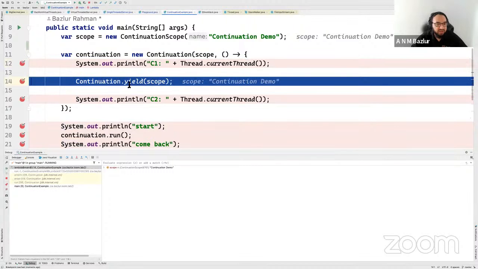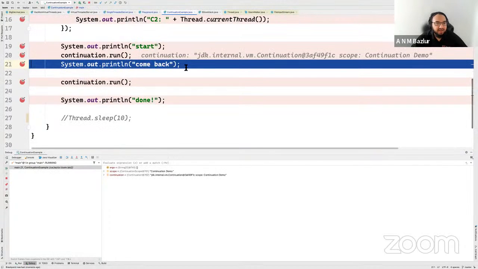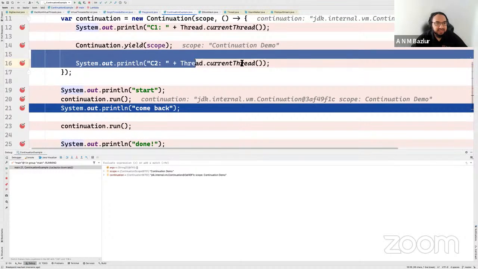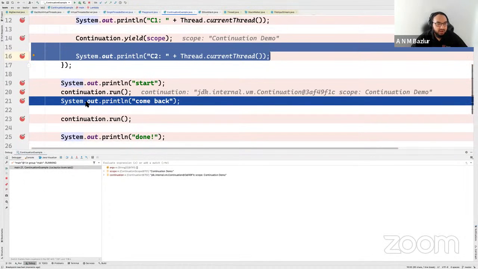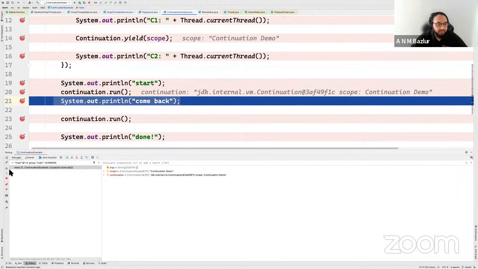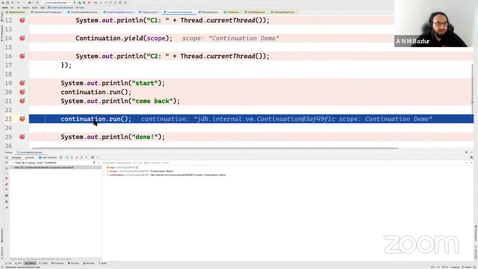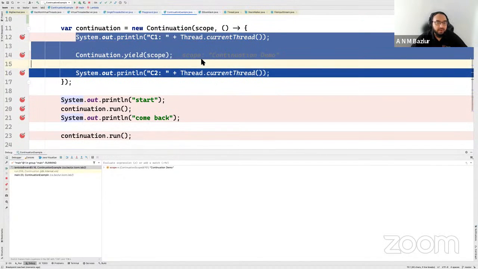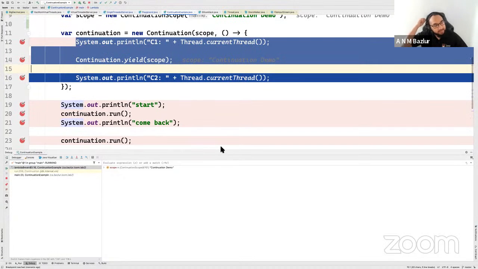And if we resume the program again, the execution goes away from this line. It doesn't continue with the C2 line, and it directly comes over here. And if we click over there, it calls continuation.run again. And if I resume this program, you see it started immediately over here. It didn't start from the top. So that's an amazing API that we have internally in